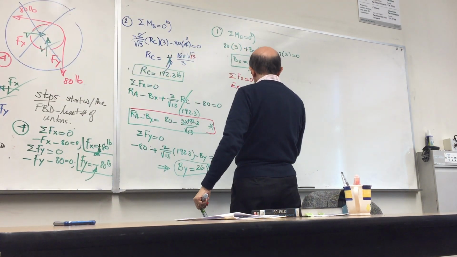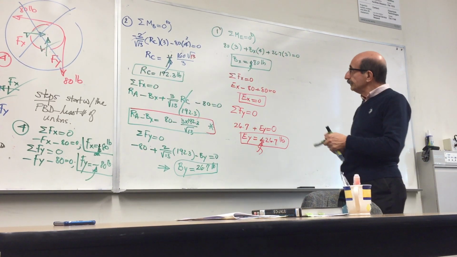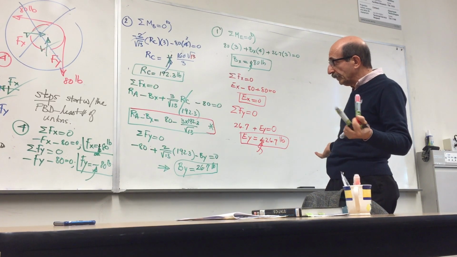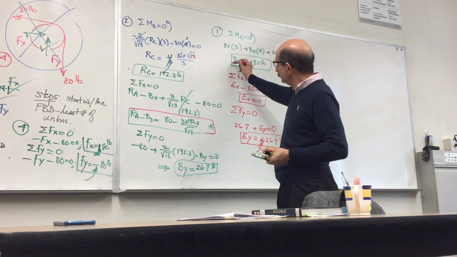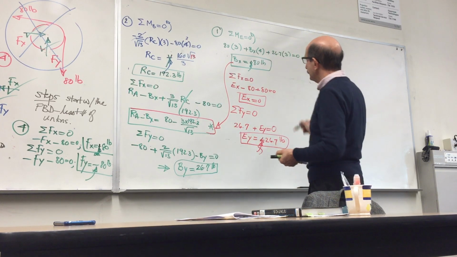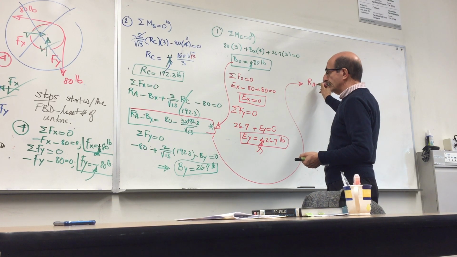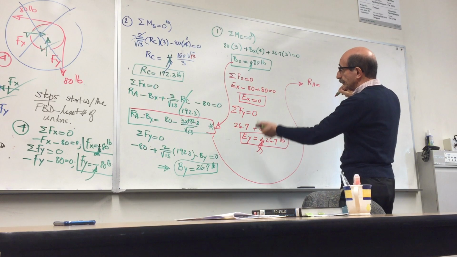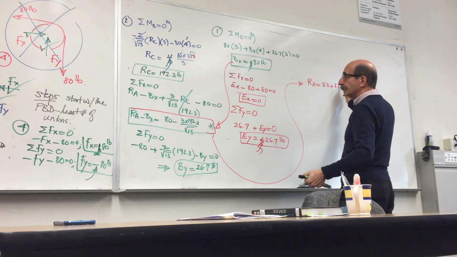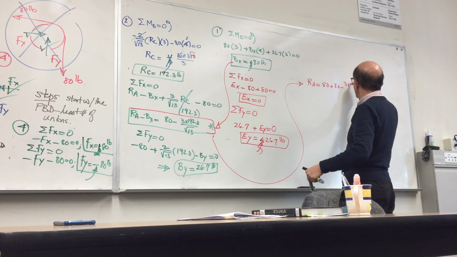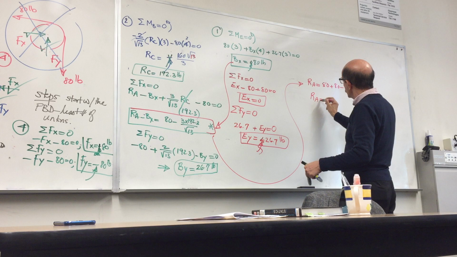So get rid of this now that I've made that correction. Okay, so the only unknown I have not found yet is what? Ra. Since I have that equation and I have Bx, right? So I can put that in there. So from this equation, I get Ra, okay, which would be Bx, which I found 80, plus 80 minus whatever that 3 times 192.3 divided by square root 13, and Ra, I have the answer,